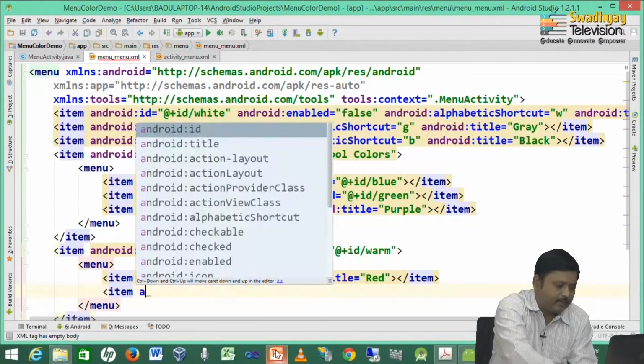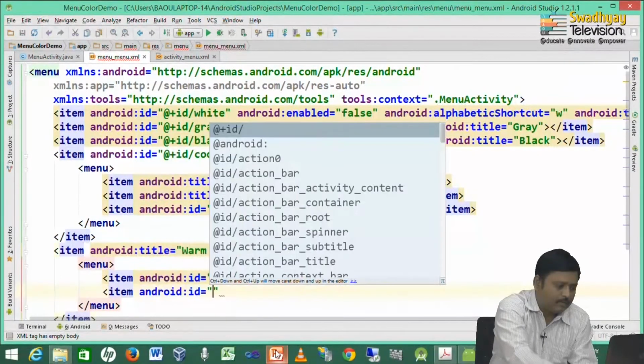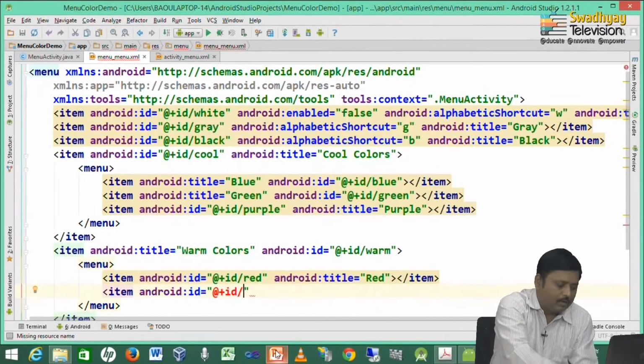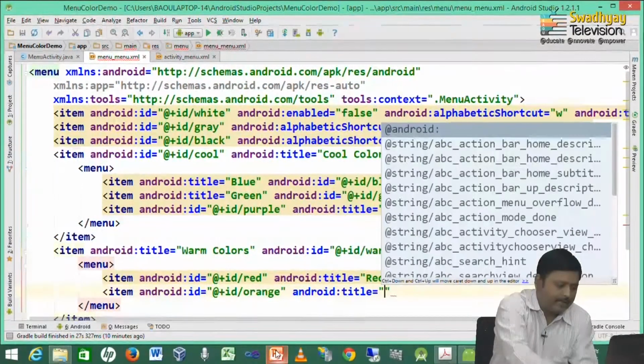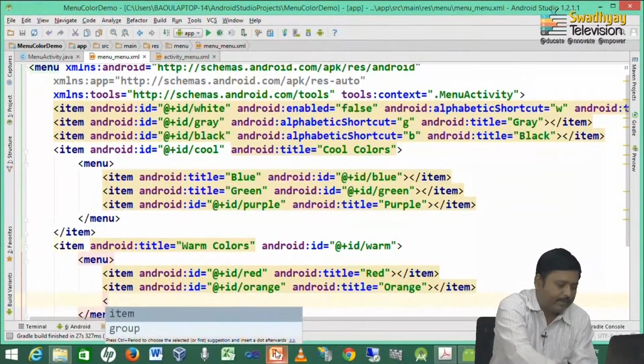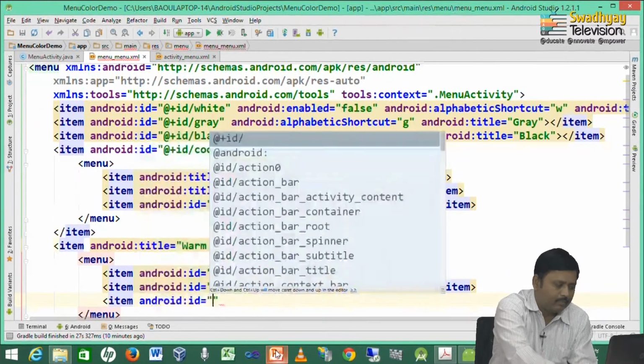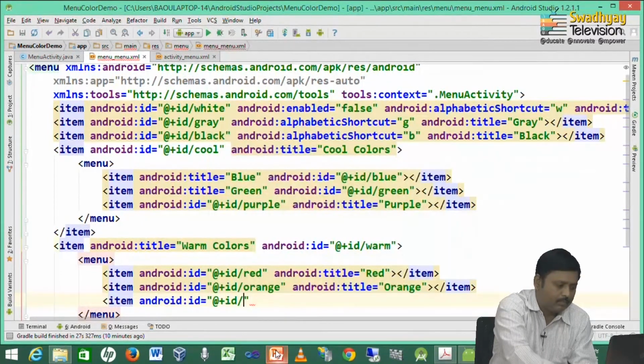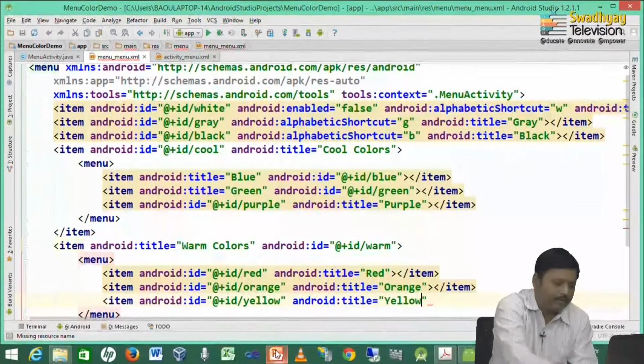Next item is orange and title is also orange, and lastly we create item yellow and title is given yellow.